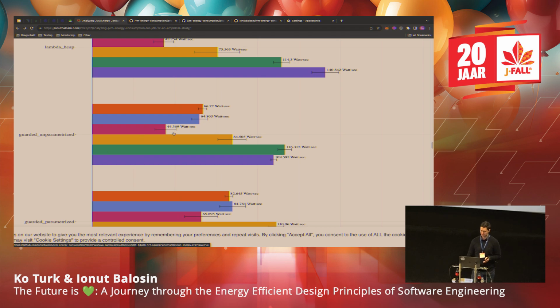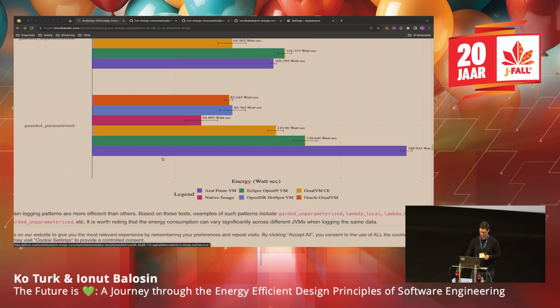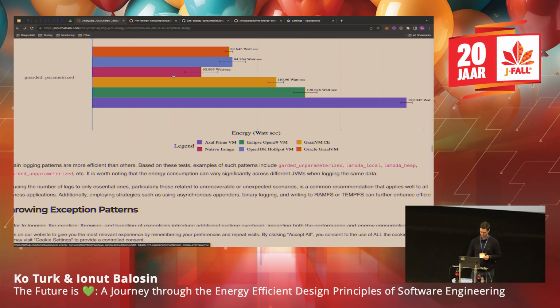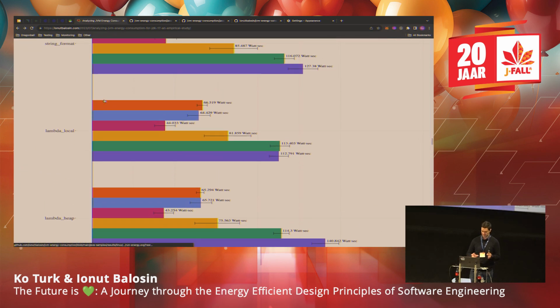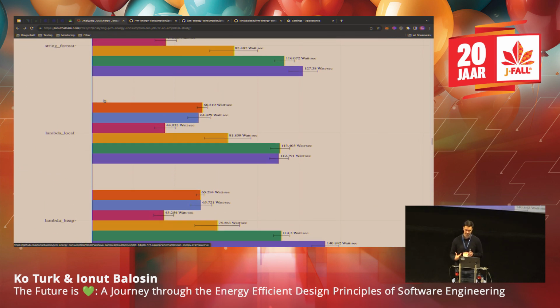Yeah? You can also see that because we did it with different JVMs, you can see color-based which of those was better. Yeah? This pink one, it's the native image, so this was of course the best one, because this is a very short running use case.